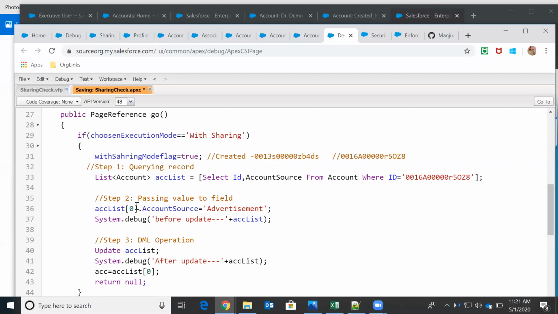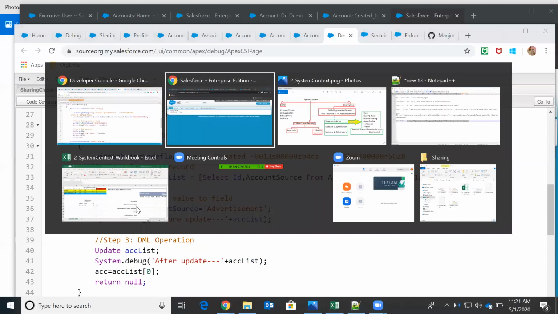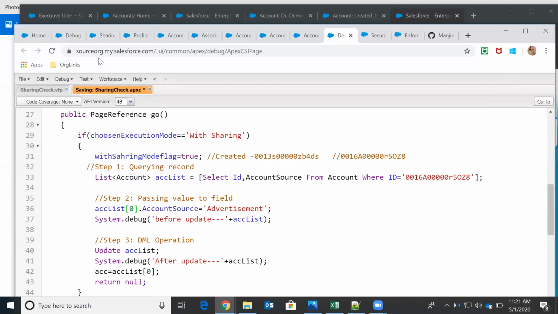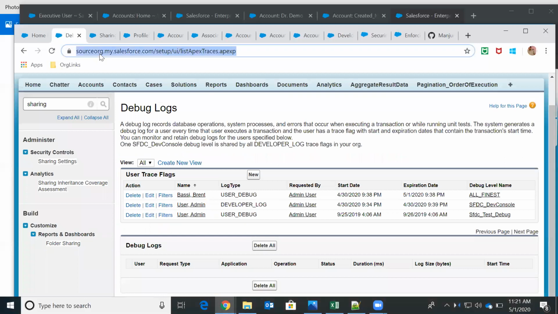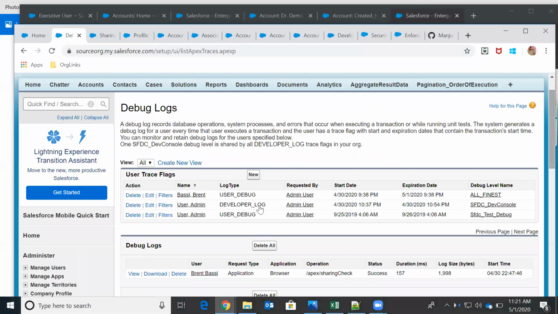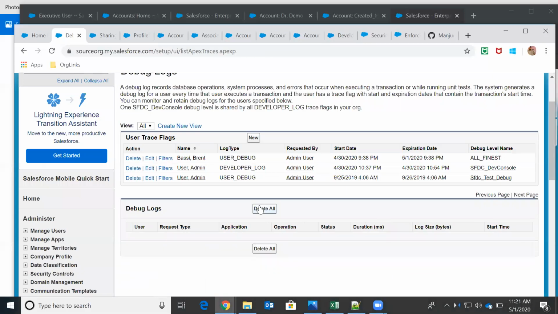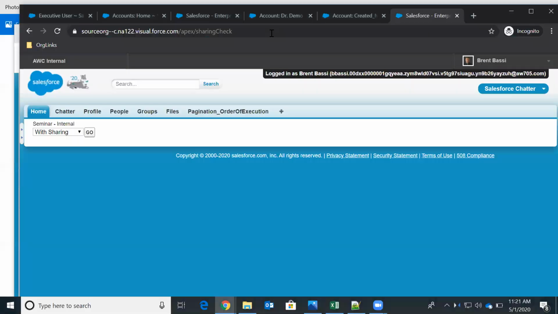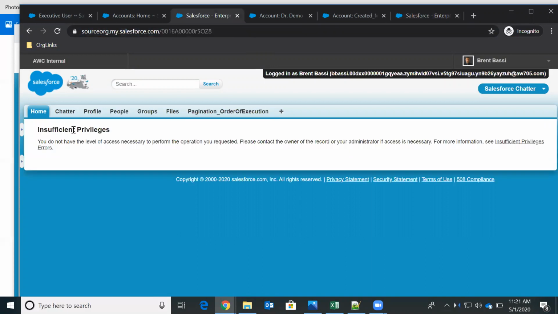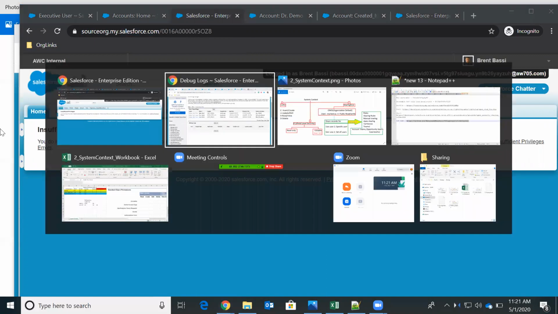Let me save this, and at the same time I'll also open debug logs. I'll just clean this. I've saved this. Let me execute this. As Bessie user, I don't have access to the account tab itself, and I also don't have these permissions on account.